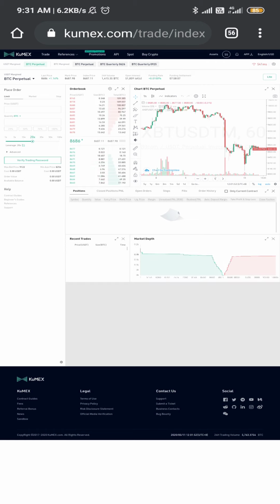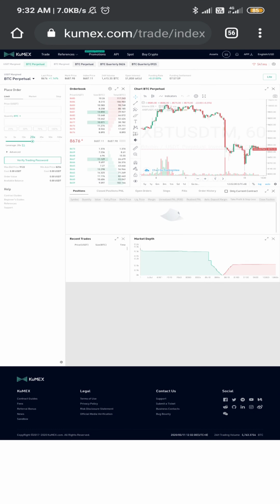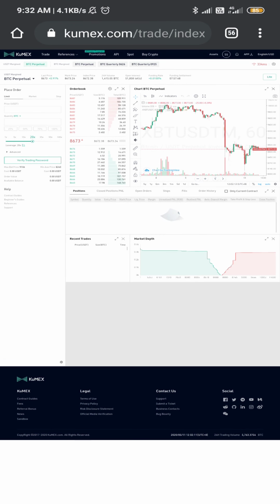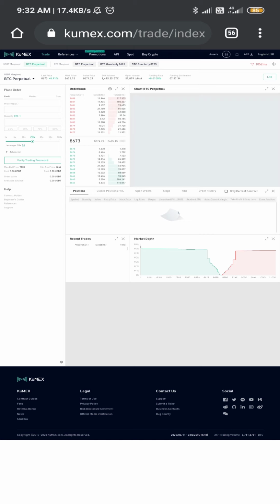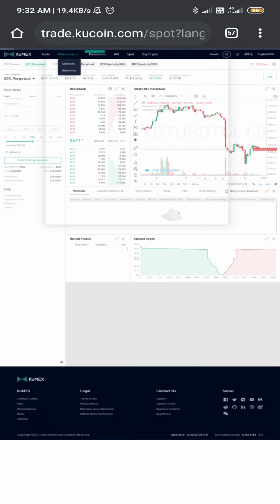Firstly, if you do not have funds on QMax, then go to KuCoin. Click on trade, spot trading.